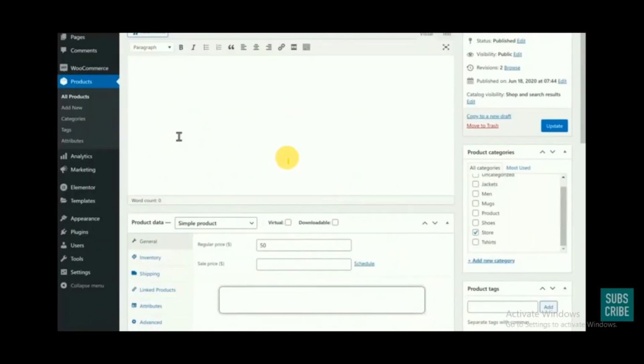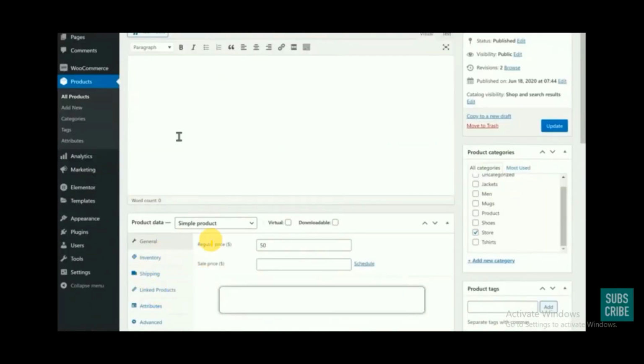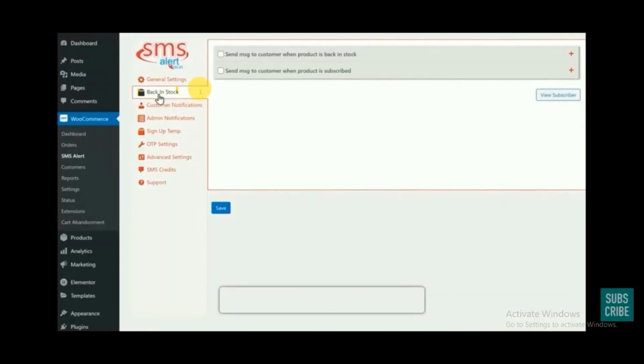Scroll down and go to this inventory section, and here you can update your stock. Then you can go to the back in stock option in the SMS alert plugin, and you can check this too, and then your customers will get notifications when the product is back in stock.